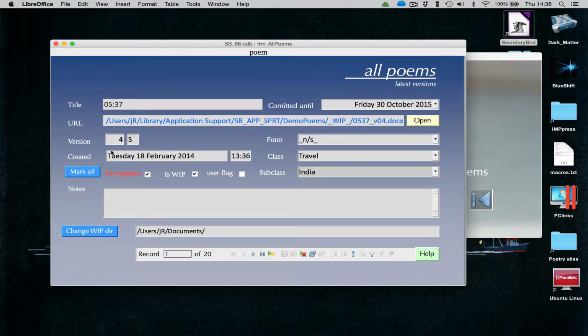Title, URL, the latest version of a poem which is called 0537. It's committed to a competition until Friday the 30th of October. This is the URL. If I click on this, we'll open the poem straight away. Its form hasn't been specified, but it's been classified as a poem about travel with a subclass about India. You'll see that it's a work in progress poem, and if I flick to the next one, you'll see